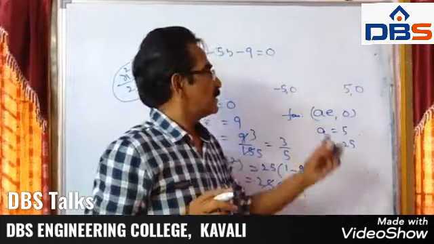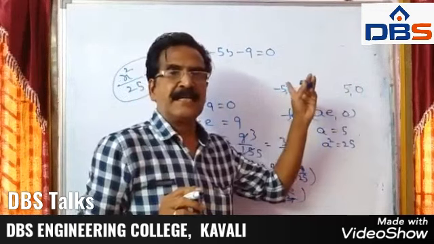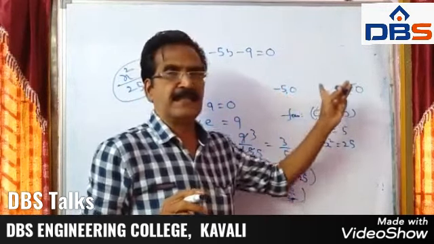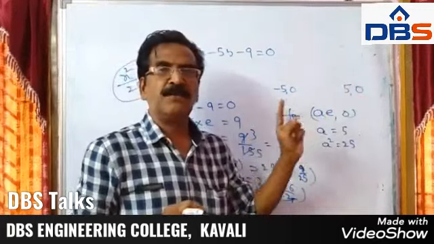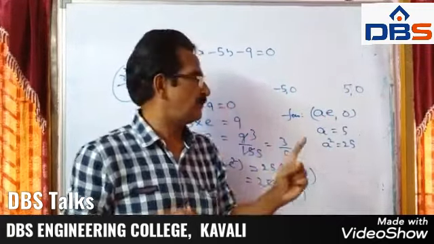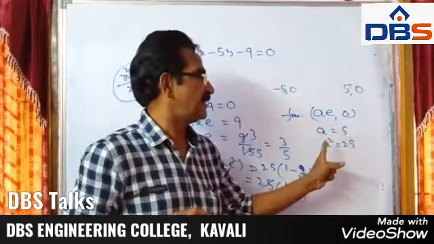Okay friends, the ends of the major axis, we know those are the vertices, minus A, 0, that means A is equal to 5 units, A square is equal to 25, that is the first thing. Next, finding E,